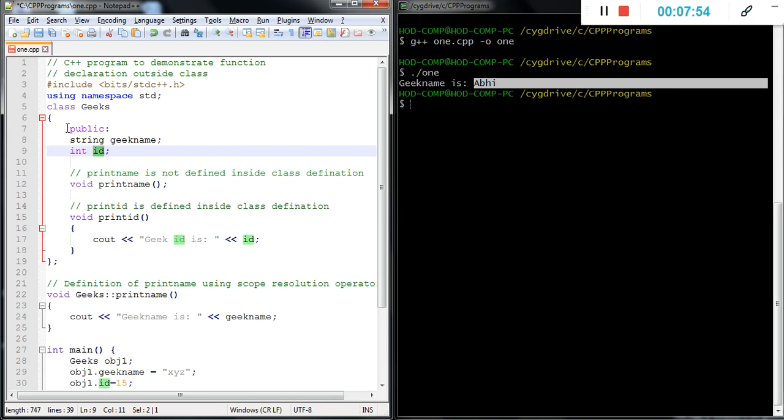Why are the particular data members and member functions accessible under main? Because we define them as public. Public data members or member functions we can access under main. If we remove this public, by default it is private.